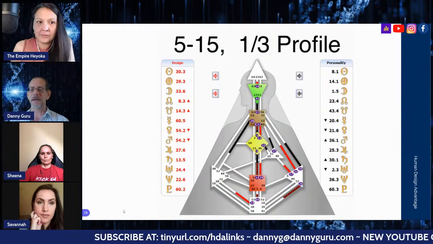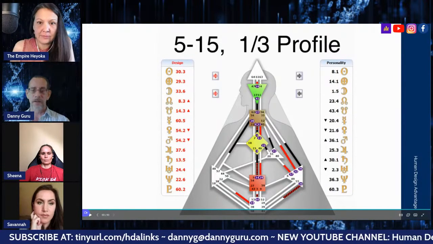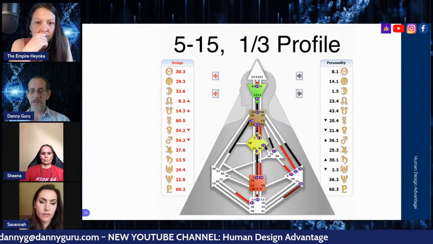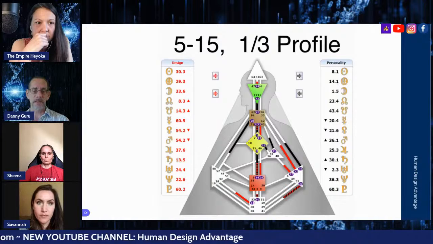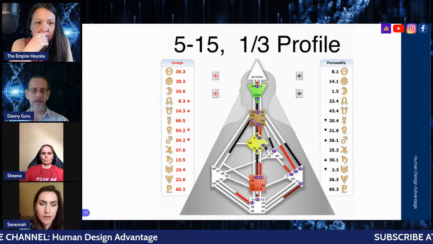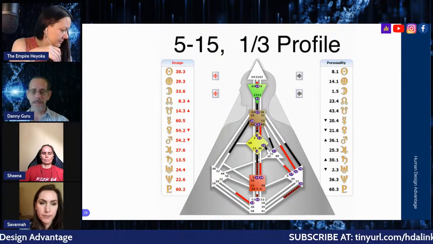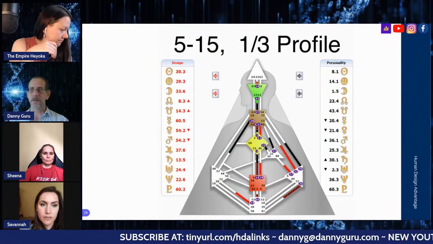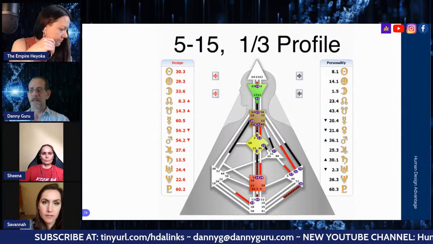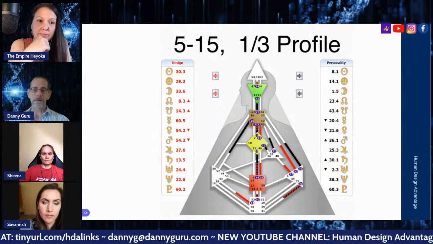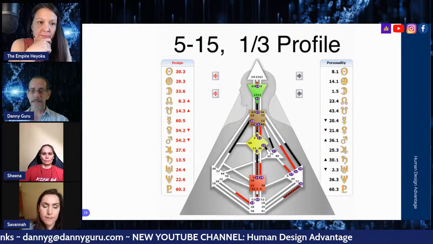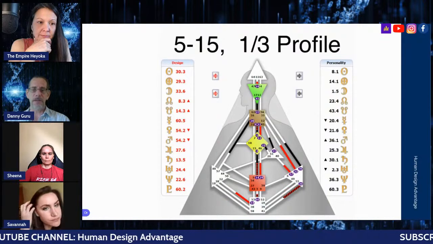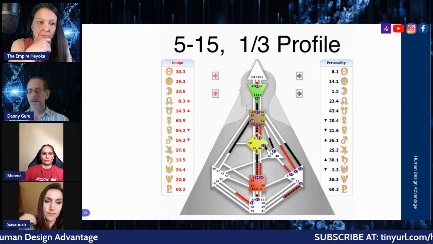The 1-3 says, I'm the investigating martyr. The martyr part is because they're unconsciously going to tear down foundations that don't work. That's all there is to it. They're just going to tear it down. Not that they're going to have something to replace it with necessarily, but they know it needs to be torn down. That's the martyr, the trial and errorist. Really, the third line is like an anarchist, and the first line is like a chameleon that just investigates and blends into the background until they've investigated it enough, and then they become an authority. So we need this profile.